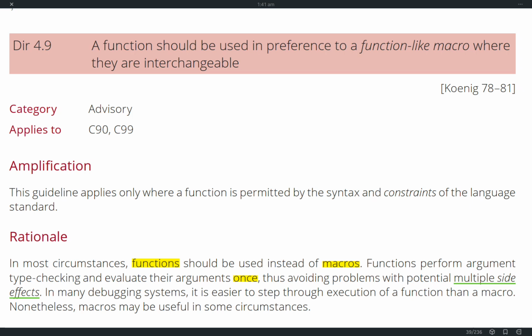So in C programming, sometimes there is a choice to define a macro, such as the min and the max of two integers. You can use a macro to define the implementation of the min and the max. You can also use a C function to define min and max.